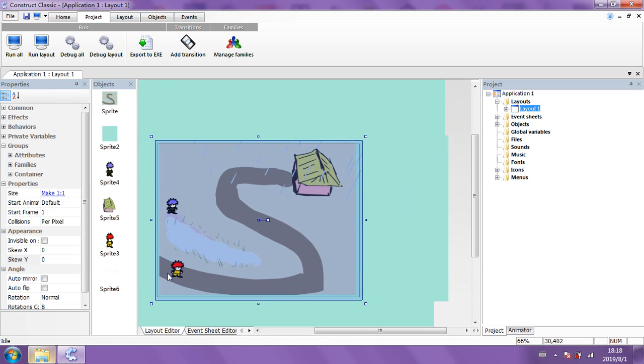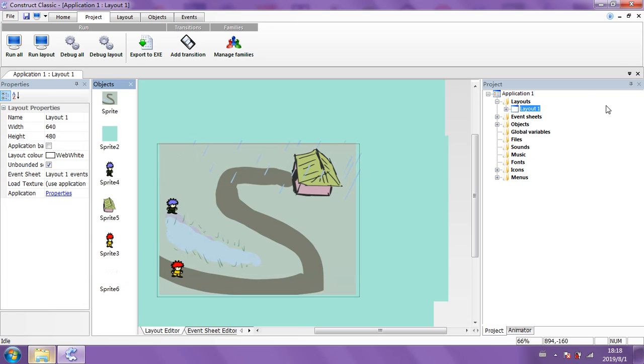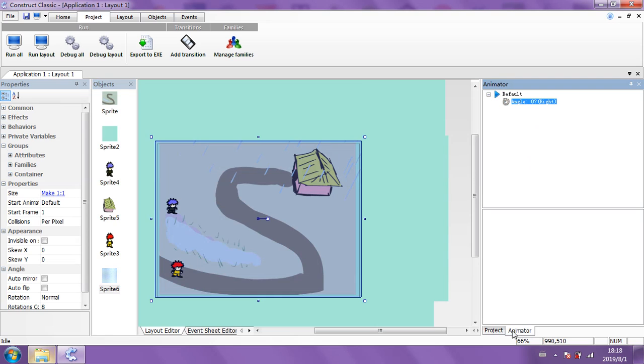What I'm going to do is turn off unbounded scrolling too, I think. Otherwise it's going to look weird and the rain's going to be not in other areas of the screen. We want the rain to cover everything. So we're going to click on the layout again and turn off unbounded scrolling, so the camera will stay in this area basically, and he won't be able to go any further off screen because this is a bounding outer square here. Anyway, we're going to go on to this rain sprite, click on animator on the bottom right here, go up to where is it? Well, hang on.